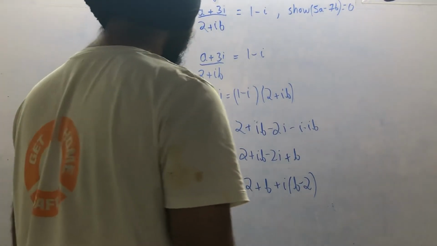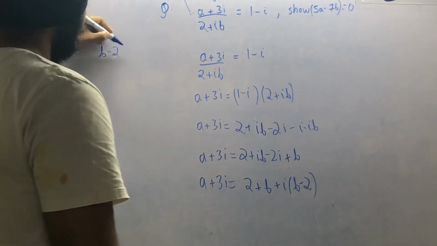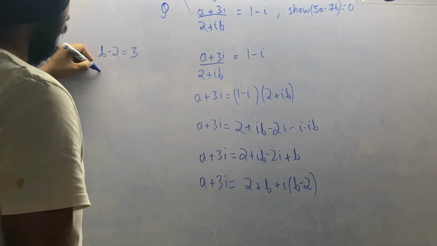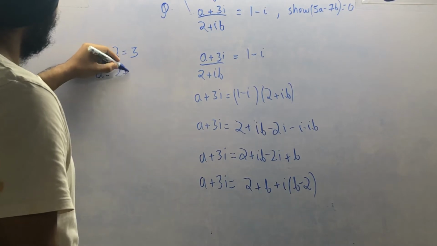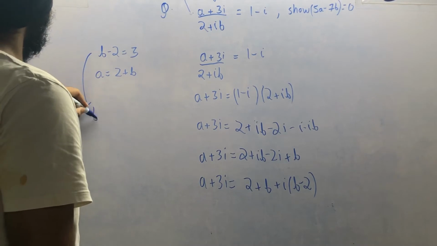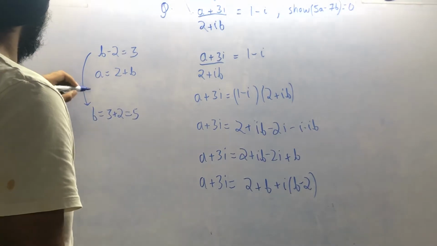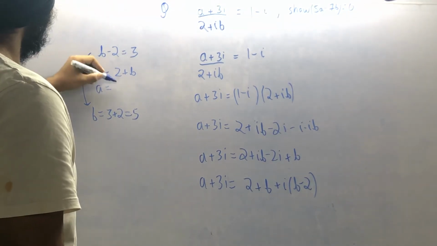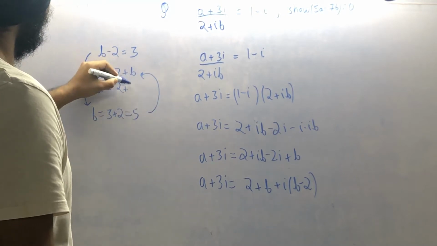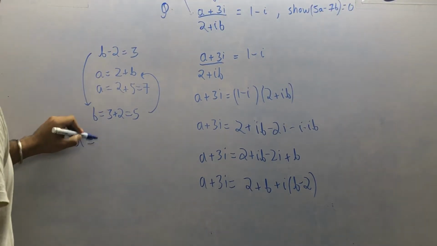So what you get is b minus 2 is equal to 3, and a is equal to 2 plus b. So from this equation b is equal to 3 plus 2 is equal to 5. And a is equal to 2 plus, just put the value of b here, 5, is equal to 7. So a is 7 and b is